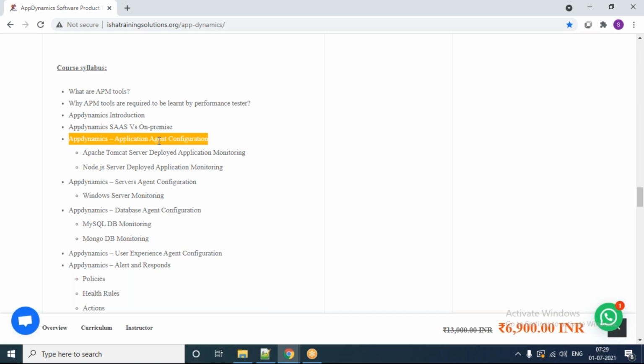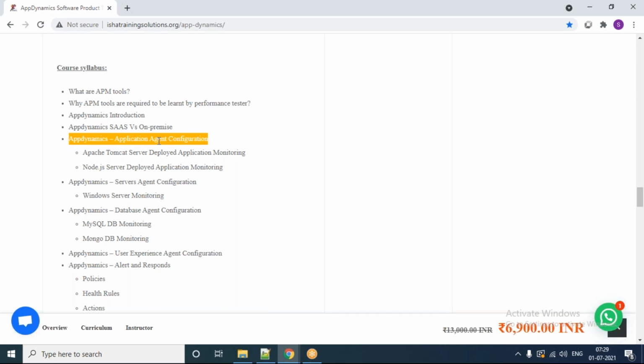You can deploy that war file on top of the Apache Tomcat server, and then we are going to do an AppDynamics Java agent configuration. I will explain how to do the Java agent configuration during our session. Once we are doing this configuration and you restart your server, whatever you are trying to do in your application through the browser, that application traffic will be captured by your Java agent, and that will be sent to your AppDynamics UI.